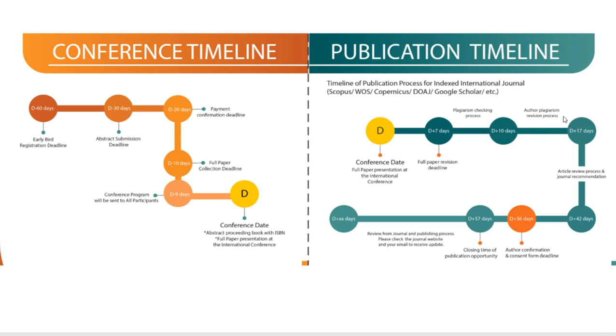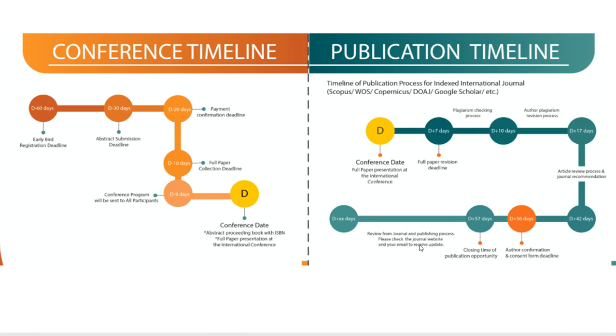After the revision process, your article is good, with significant results from the authors, reviewers, and journals, and it proceeds to journal recommendation to give the acceptance. Either article processing charges are taken by the journal, or it is a free journal, paid journal or non-paid journal. Whichever one you choose, you then go to the author confirmation and concern for deadline, finally the timeline for